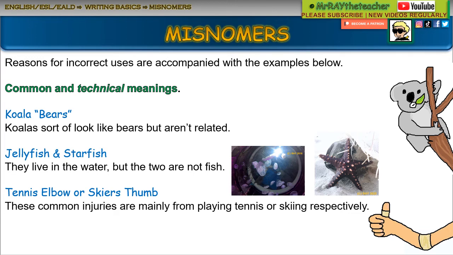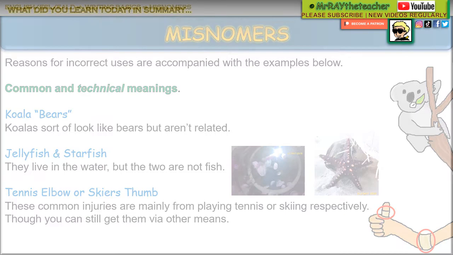So yeah, I was mucking around when I was teaching PE. Sport, physical education. Copped it, painful. But yeah, I got skier's thumb even though I'm not a skier. I haven't been skiing since the 12th grade ski trip. It's been a while. I'm gonna go skiing one day. Maybe not today, maybe not tomorrow, but one day. Tennis elbow is usually when you're doing your swing for the forehand, so you usually cop it in the elbow.